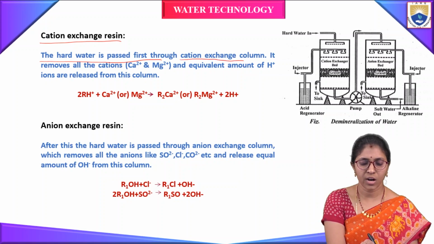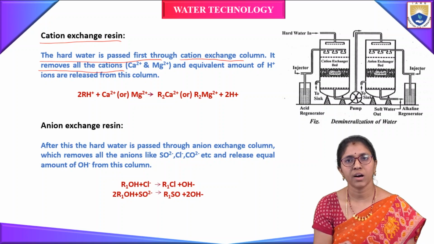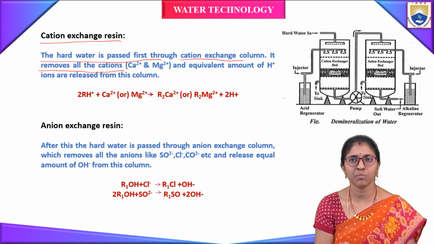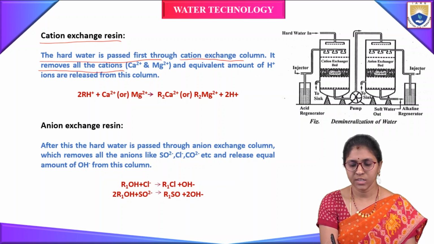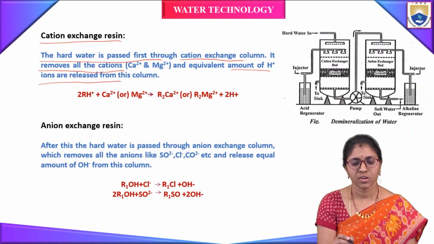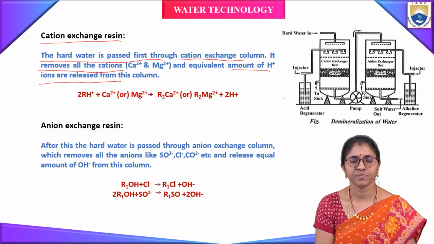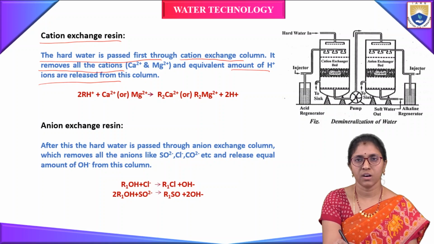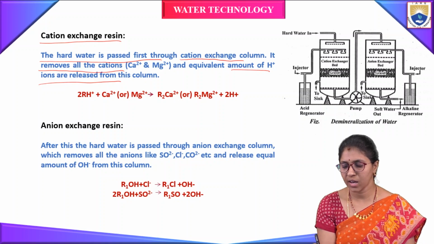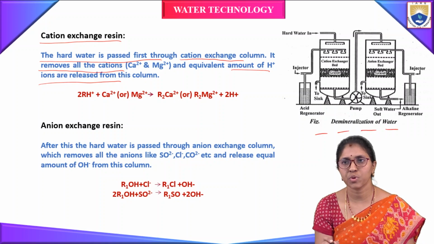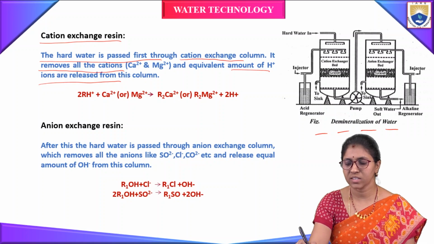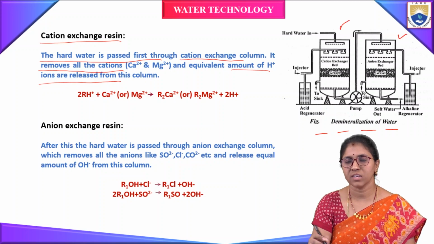It removes all the cations, and an equivalent amount of H+ ions is released from the column. This is an ion exchange process, with a cation exchanger and an anion exchanger. First the hard water is passed through the